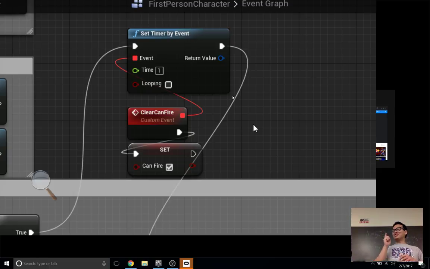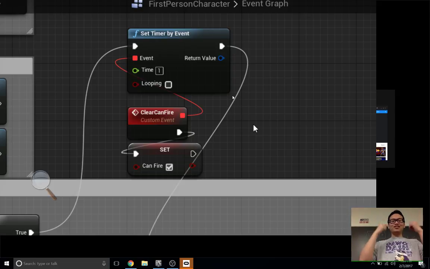My original reason is because I want to show you what events look like. Events are also way less expensive. Functions will pop a new local variable stack, and events don't do that. Okay, so we have an event.